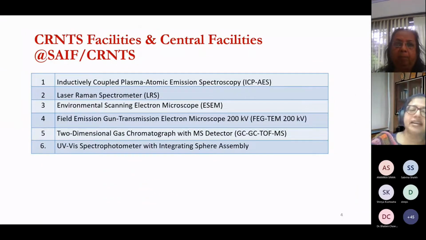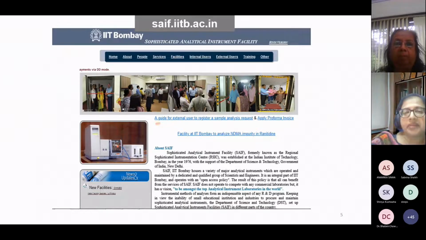In addition, in CRNTS and from the Institute Central Facility side, we have 6 other facilities installed here. This is the ICP AES, Laser Raman, then environmental scanning electron microscopy, and also the FEG TEM 200 and 2-dimensional GCMS and UV spec with integrating sphere assembly. All the details of our facility are available on our web page, and facility usage can be booked through the web page. So I invite you to take a look at